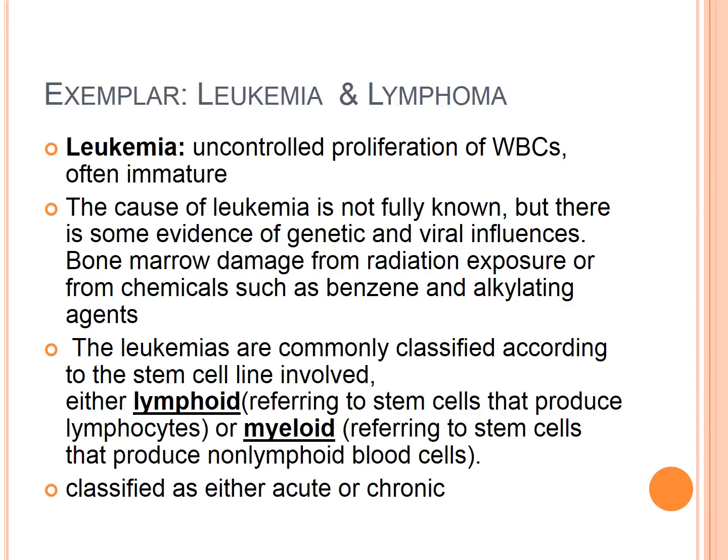So when these immature white blood cells spill out into circulation, they start to take over the normal functioning white blood cells. And if those normal functioning white blood cells are taken over, and now we have more immature white blood cells than we have mature, our immune system is not going to be able to function normally. So that's why they end up with such a high risk for infection, because of all these immature white blood cells.